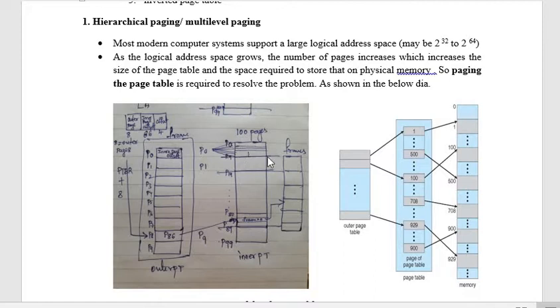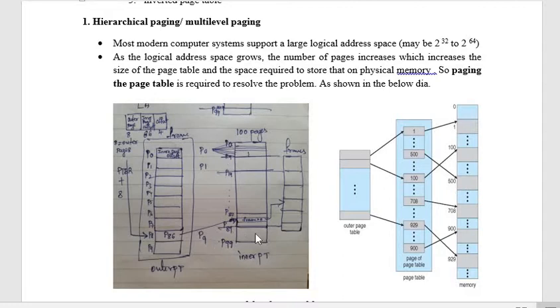Likewise, the next 10 pages of the outer PT, I mean the original page table, have been divided into a second table, and that smaller table is represented with the page ID P1. That would constitute one page. We are combining pages into one page: 10 pages combined into one page called P0. The next 10 pages have been merged into one page representation. Likewise, all the 10 blocks of pages have been merged to represent one page each.